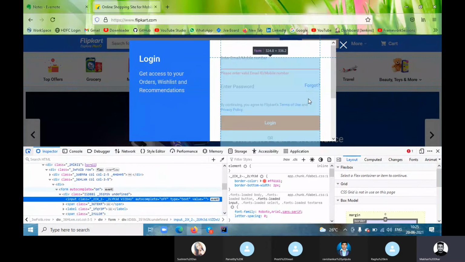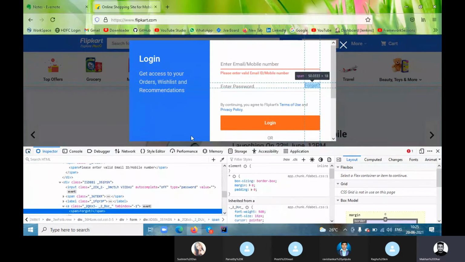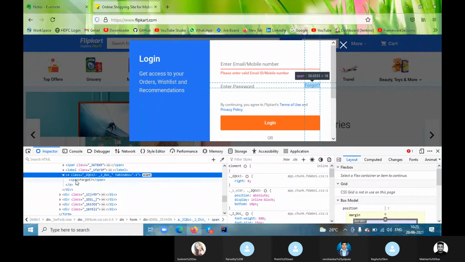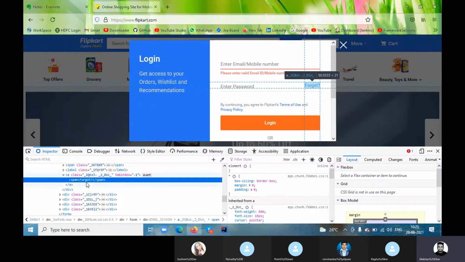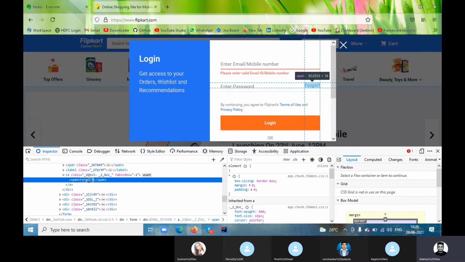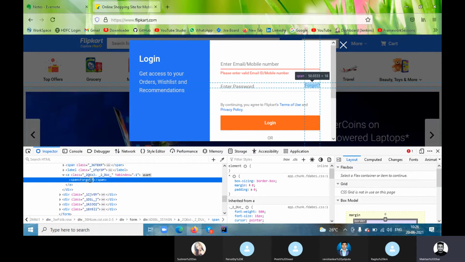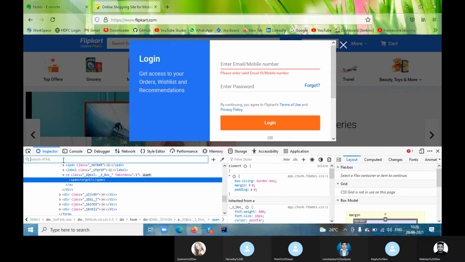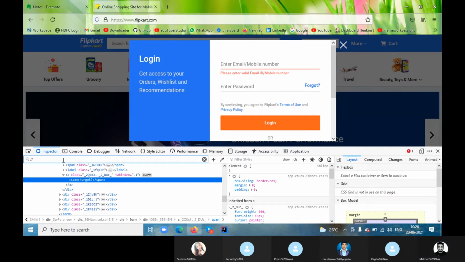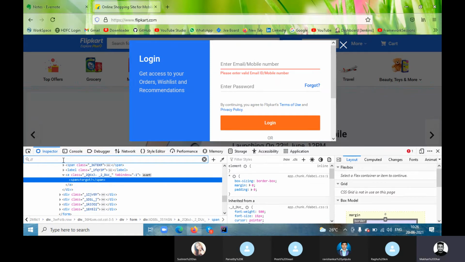So now we'll see the forgot this link. So this is one link. Let me do it with this. Suppose let's assume there is no class name or no other attribute, only the forgot this symbol is there. Just copy the value and now we'll try with text.